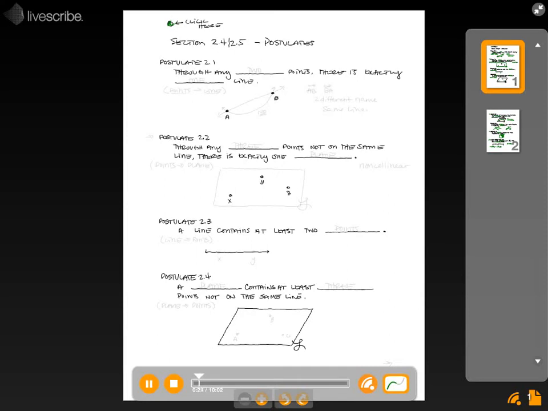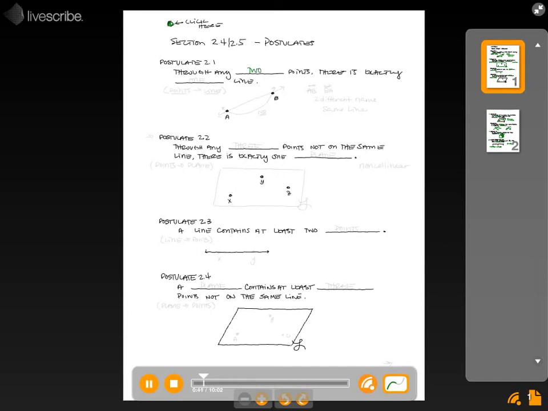So make sure you're putting exactly what we've got down on here, and then if we need to add anything, we can do that in class. But I will check it before your test to make sure that you've only got what we've written down on the video here. Okay, first one, postulate 2.1 says through any two,